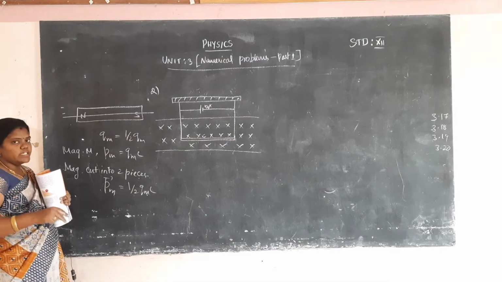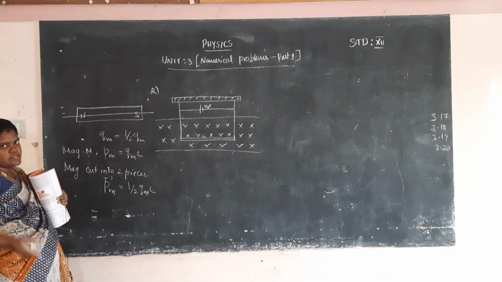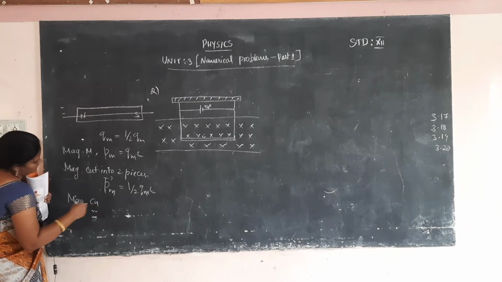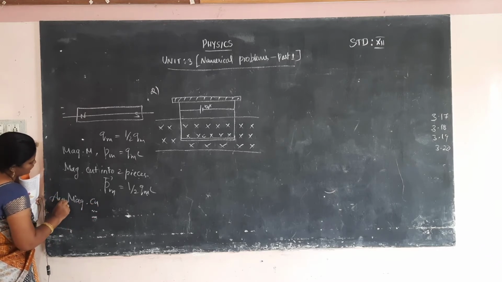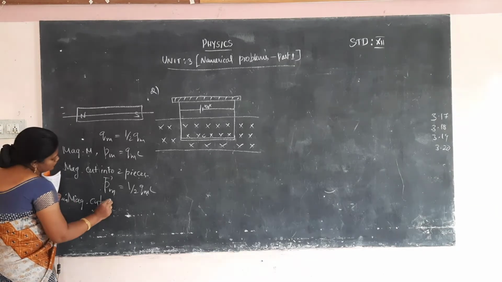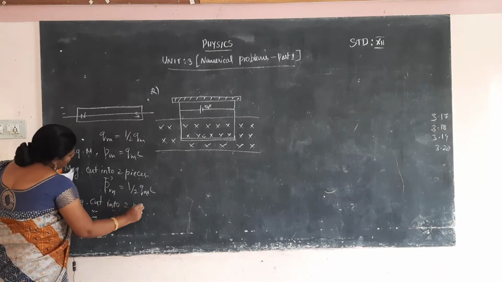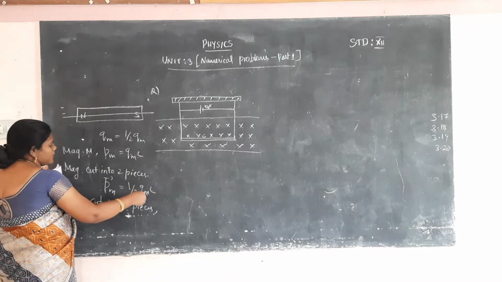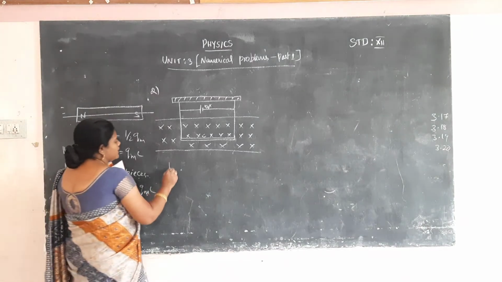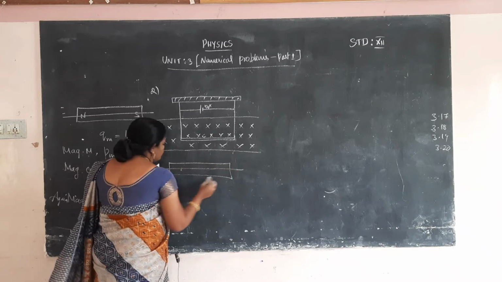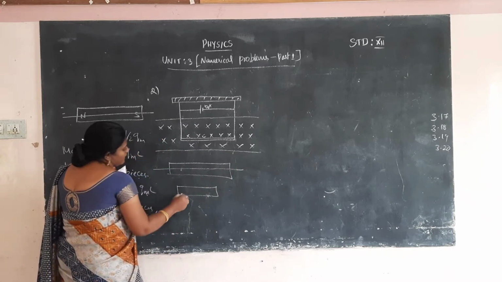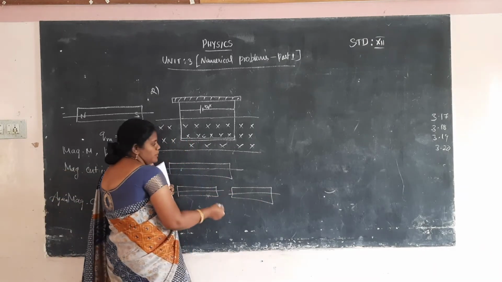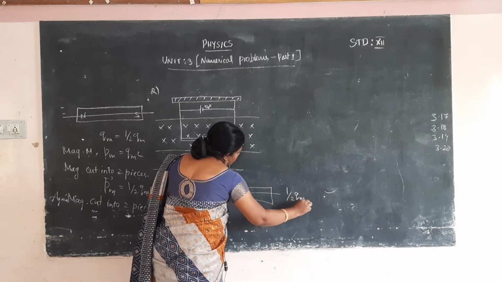Further, the 2 pieces will be cut into 2 pieces each. Again the magnet will be cut into 2 pieces, that is 4 pieces. Again, the pole strength will be reduced to half, because first the magnet along the axis is cut into 2 pieces, that is one magnet and another magnet. Now the pole strength is half, so half Qm into L.